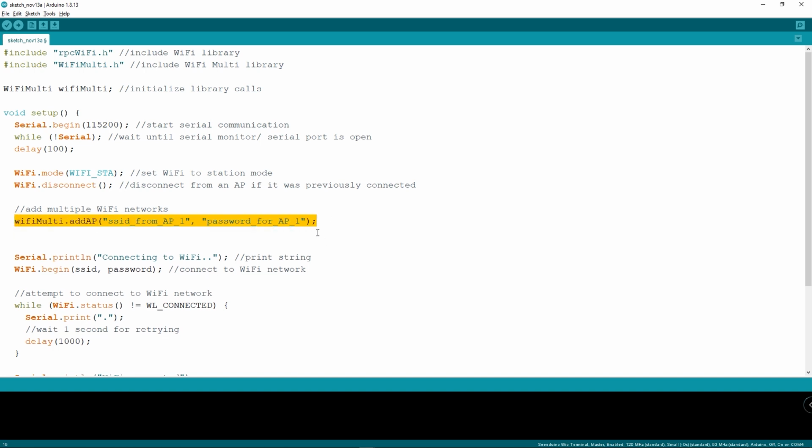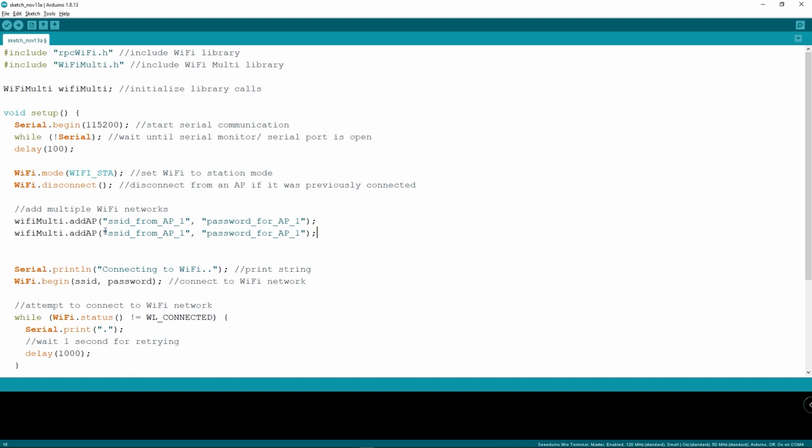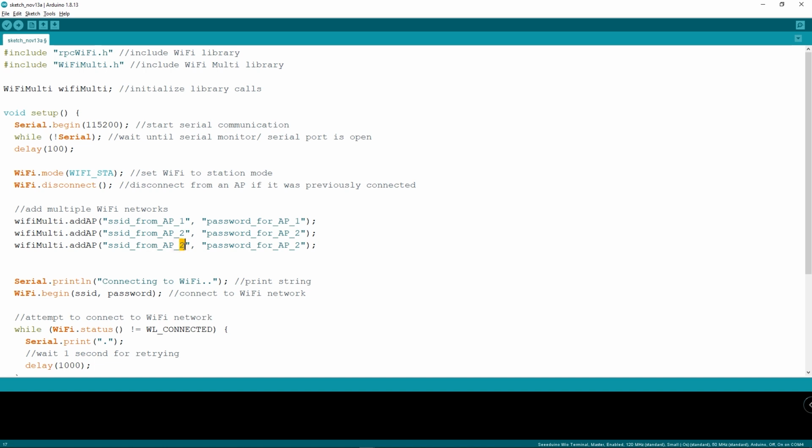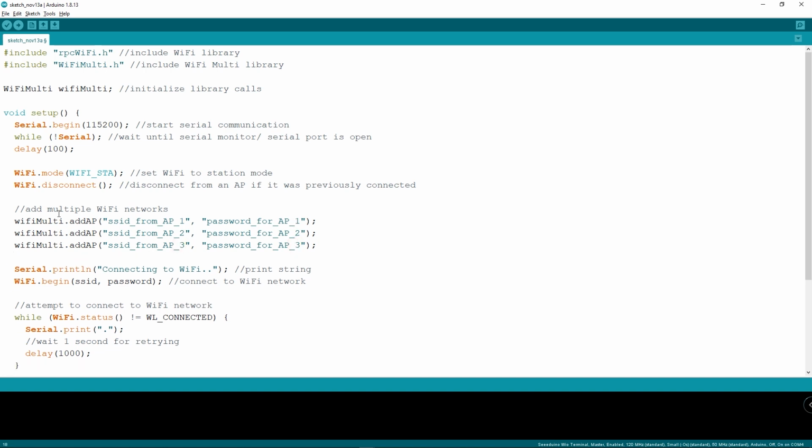Copy this and paste here. So this is the first Wi-Fi network and this is the second Wi-Fi network, and you can also create another one to add another Wi-Fi network. So you can have as many Wi-Fi networks as you want in this list so that the Wio Terminal will connect to the Wi-Fi network with the best signal strength.